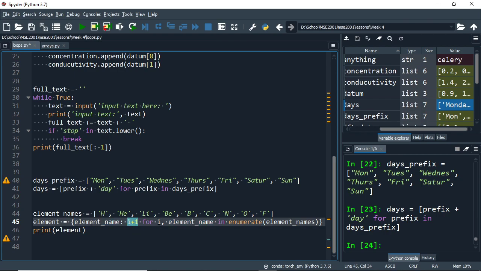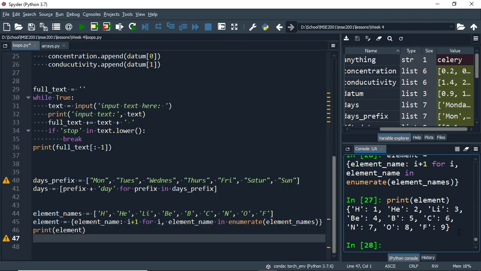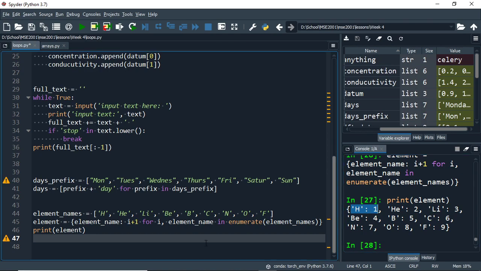Then the second time through, i takes a value of 1, and element name takes the value of he, because we are iterating through the enumeration, hence the 1, of the element names list. So then we get he as our key, and 1 plus 1, or 2, as the atomic number for helium. Third time through, i takes a value of 2, element name takes the value lithium, and we get lithium as the key, and 3 is the atomic number. So let's go ahead and run that. Oh, let's get element names. There we go. We run that, and we can see we've now made a dictionary where